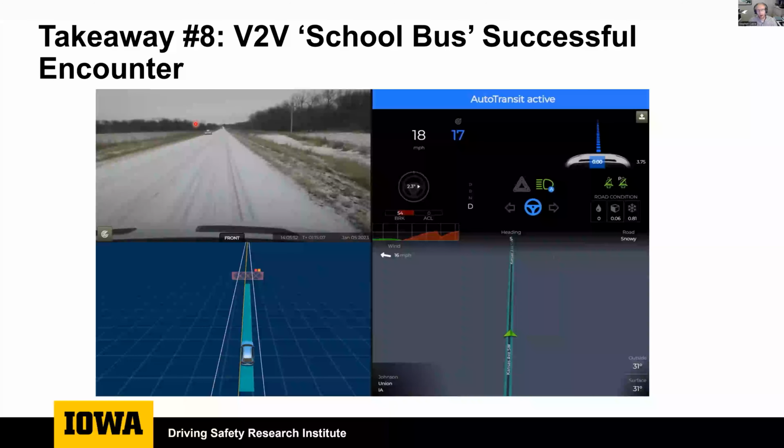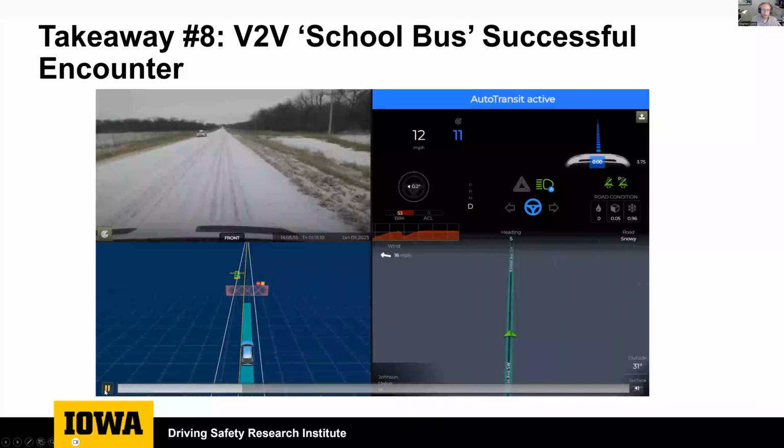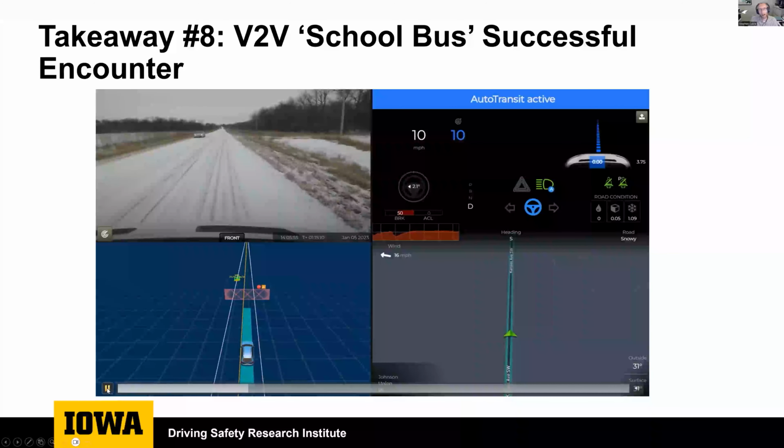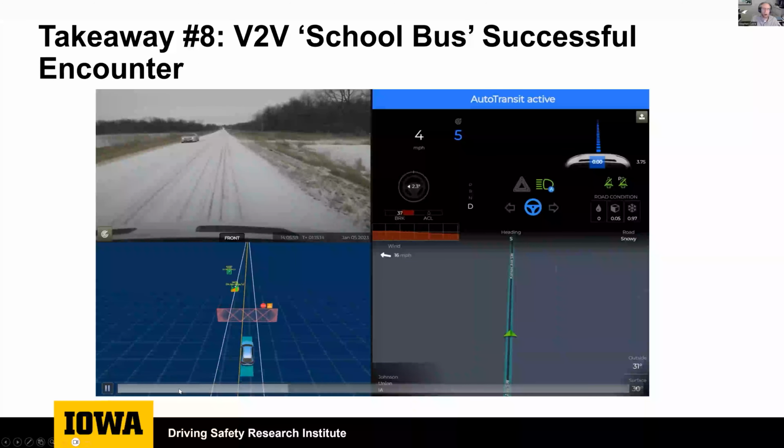So that vehicle and the transit used a cellular V2V system to let both vehicles know the state of each other in real time as they were driving. So for the school bus, it was telling the transit its position, its speed, and then also other telemetry from it, such as a lighting state. So you'll see the blinking light on top of the Camry. That is the stand-in for what would be the swing arm, the swing stop arm on the school bus.